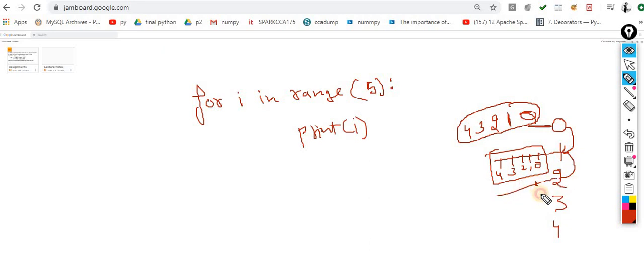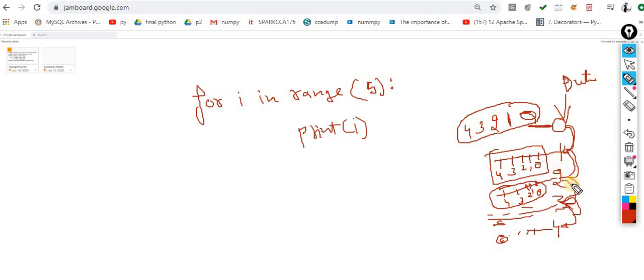Again I have to take these 5 steps. Again, when this task is complete, I will move to the next step. Again I will take the further 5 steps. When this task is again complete, then I will move to the next step, and again I will take the further steps. Now these are the outer steps that will be performed by the outer loop, and these are the inner steps that would be performed by the inner for loop.